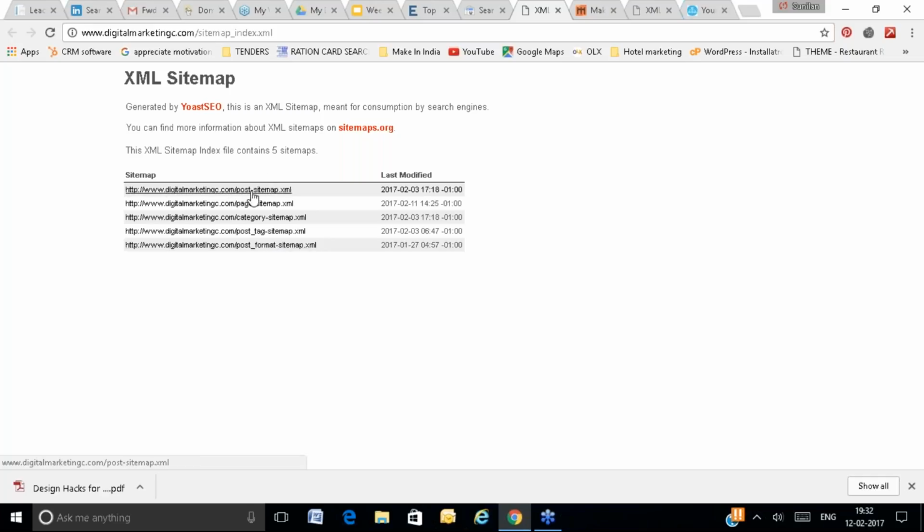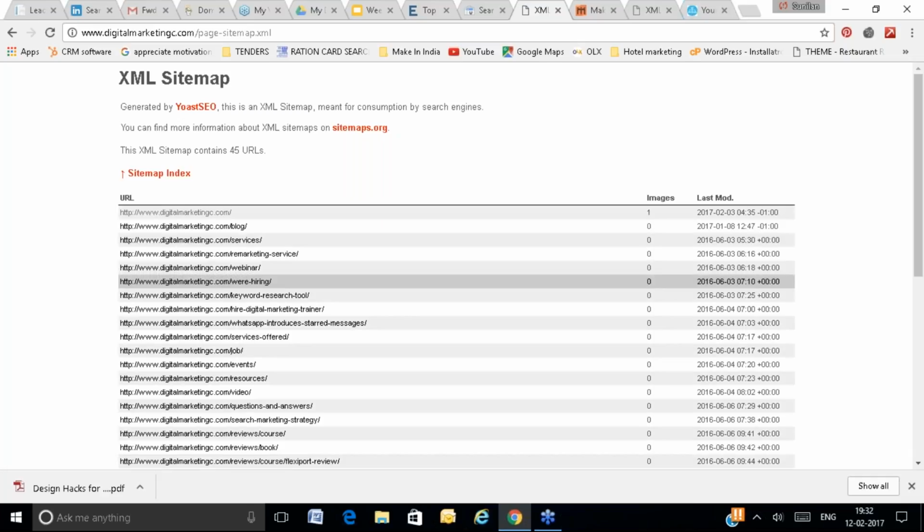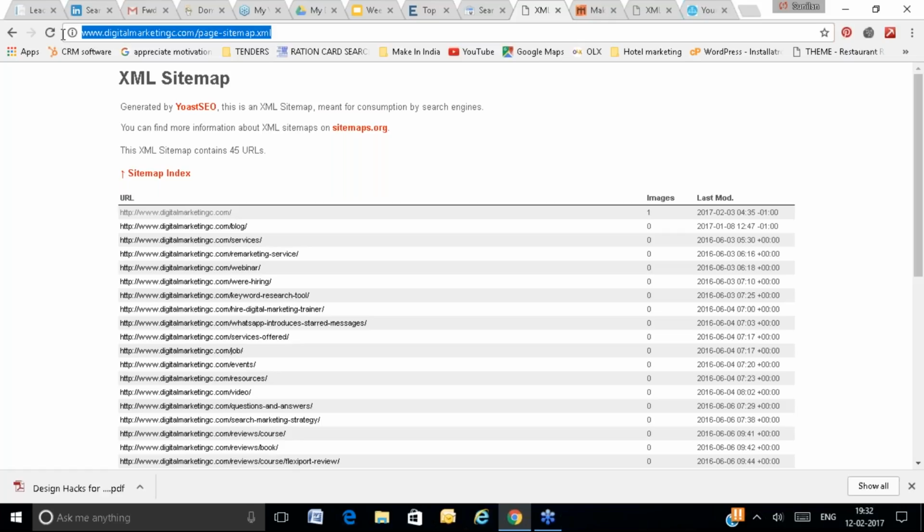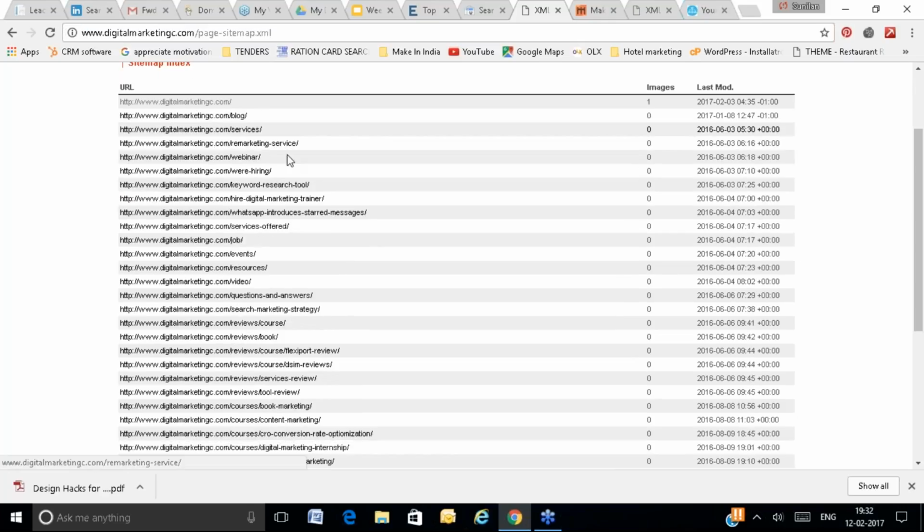One sitemap only for the posts, one only for the pages, one only for the categories, one only for the tags, and one for the formats, the particular post format. So when you go to the page, they will give you the list of all the pages. Once Google is on this sitemap page, you have informed Google regarding all the pages you have created so far on your website.